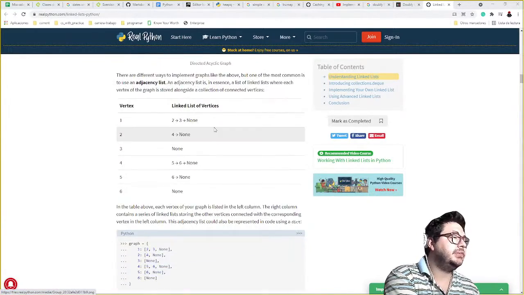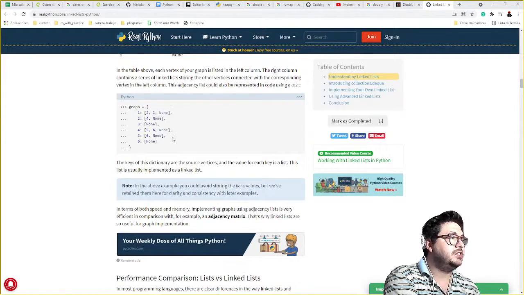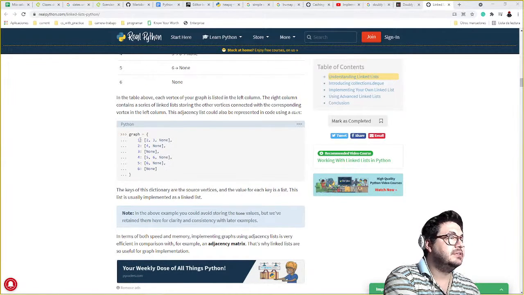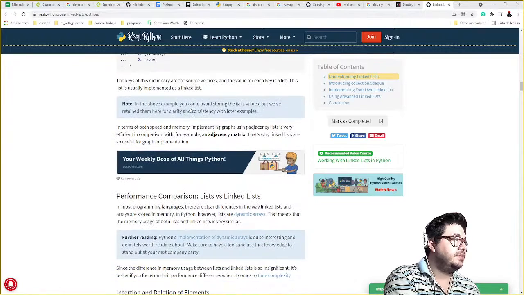So with a deque you can have a dictionary. In this case a list, so I connect with two and None. The key of the dictionary. Okay. You could avoid storing None values, but we retain them for clarity and consistency.